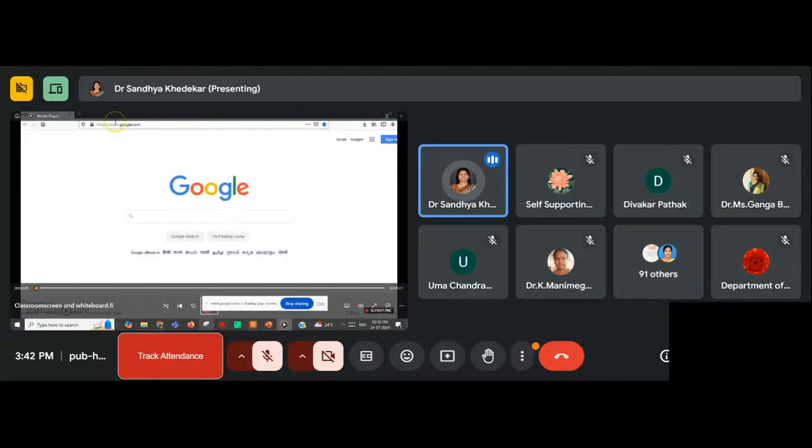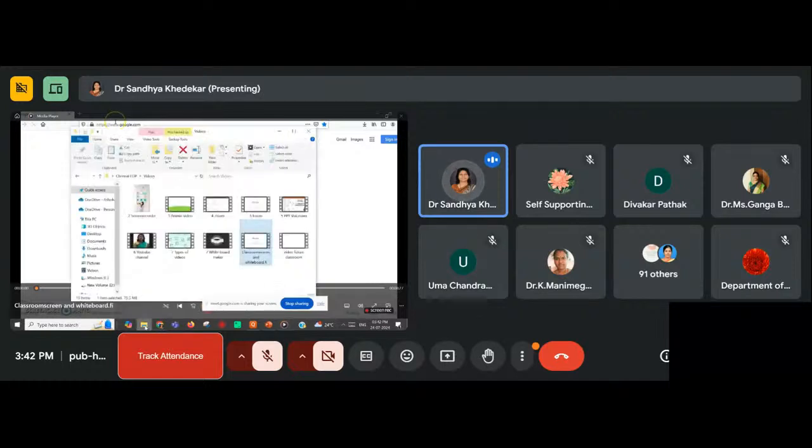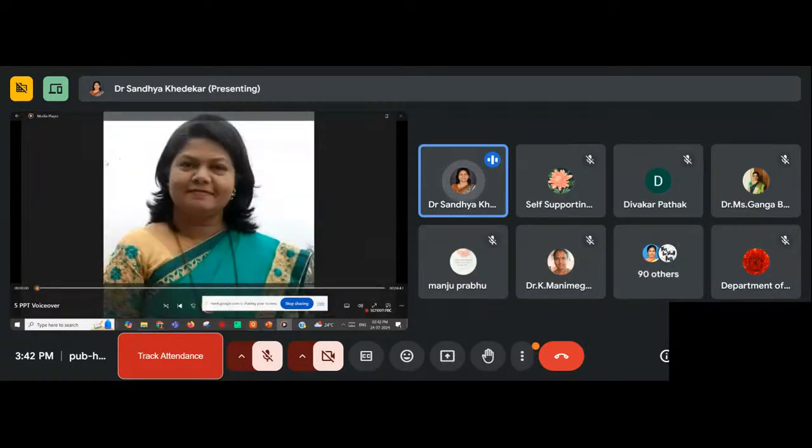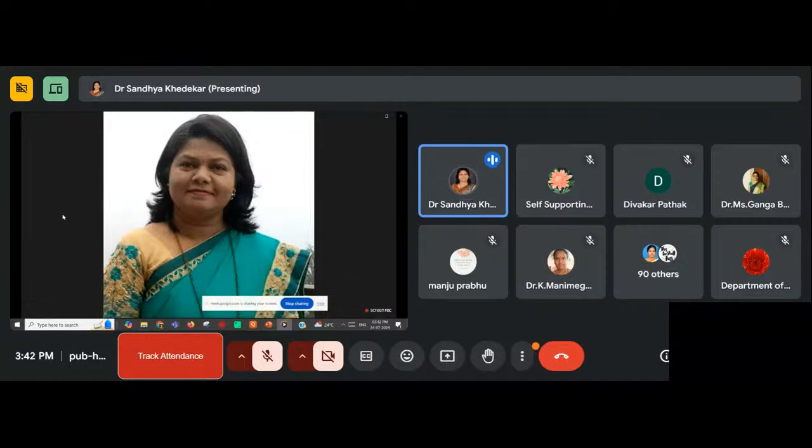So dear friends, these are very wonderful and useful tools. Again, they are freely available. You don't have to pay anything for them. Classroomscreen.com and whiteboard.fi, where you can use it like your own screen in the classroom, are freely available. You can even have some PPT voiceovers for a blended mode of teaching and learning. You can put your voice. We will see how to do a PPT voiceover.